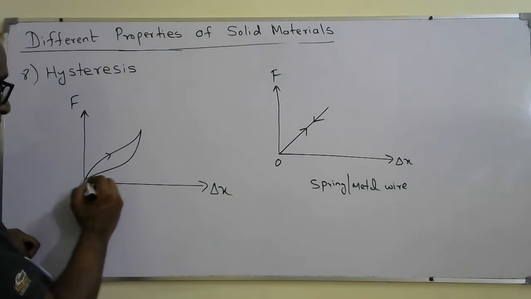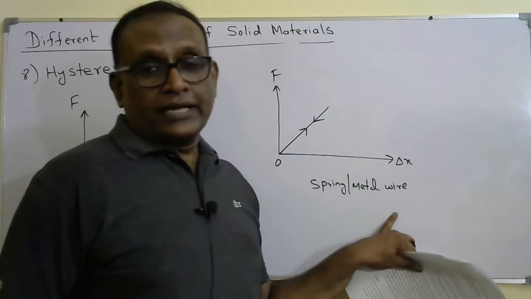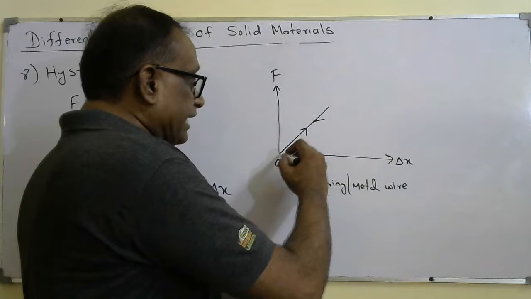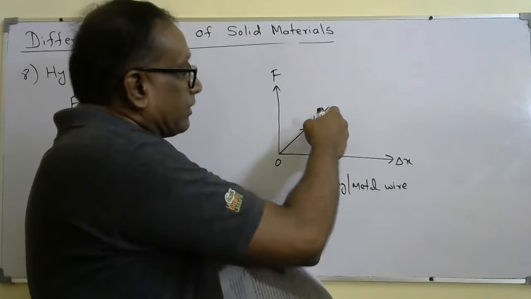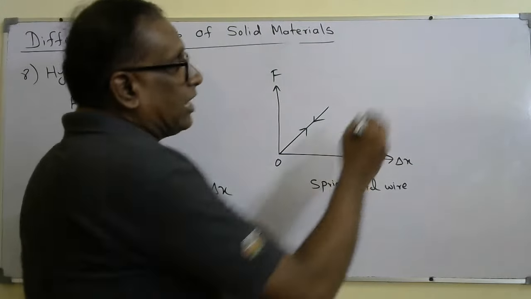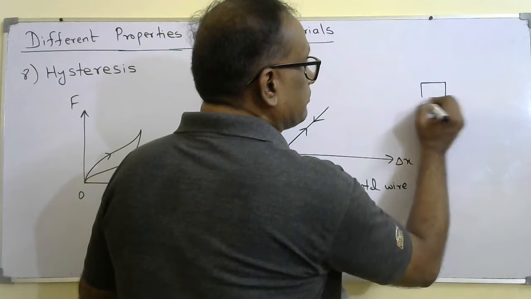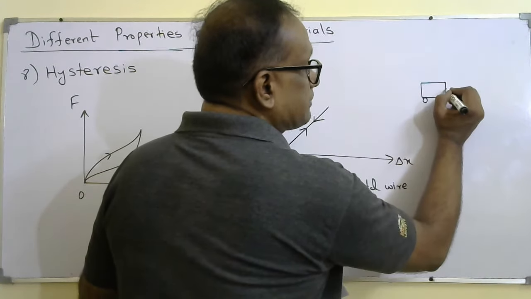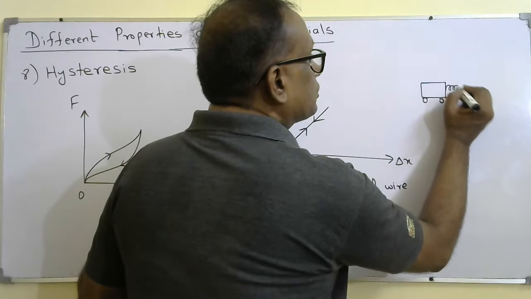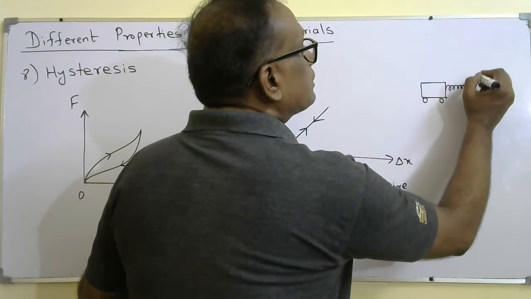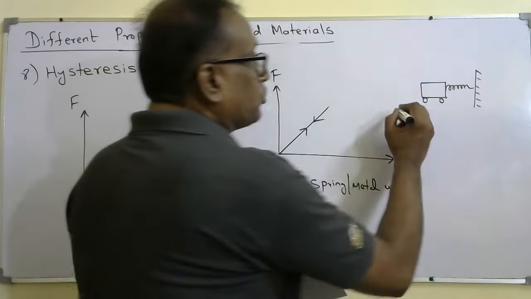So that means for spring and metal wires, when you consider the loading graph, the area under the graph is the energy supplied to it. When you release it, it will release the same amount of energy. That means if you have a spring, a light spring, meaning the spring has no weight, attached to a trolley, and the spring touches the wall, and you compress the trolley something like this. The spring is fully compressed